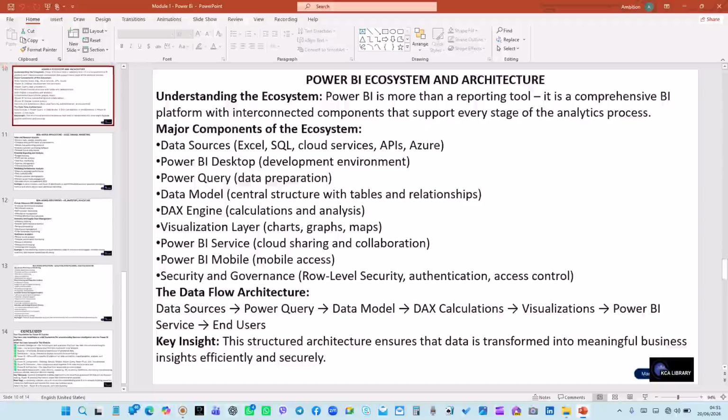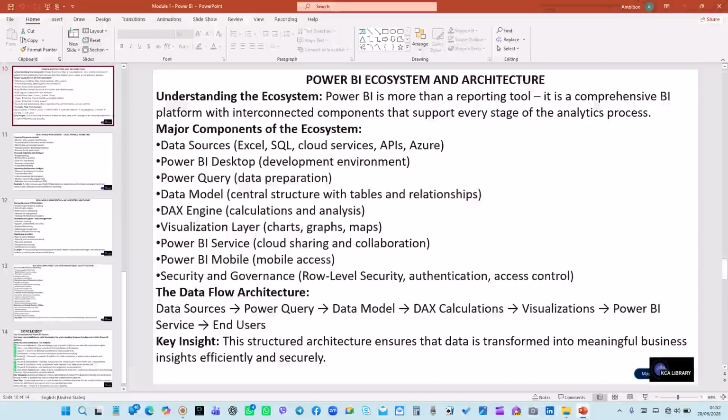Having known that, let us look at the Power BI ecosystem and architecture. Understanding the ecosystem, Power BI is more than a reporting tool. It is a comprehensive business intelligence platform with interconnected components that support every stage of the analytics process. The major components of the ecosystem include data source, Power BI Desktop, Power Query, data model, DAX engine, visualization layer, Power BI Service, Power BI Mobile, and